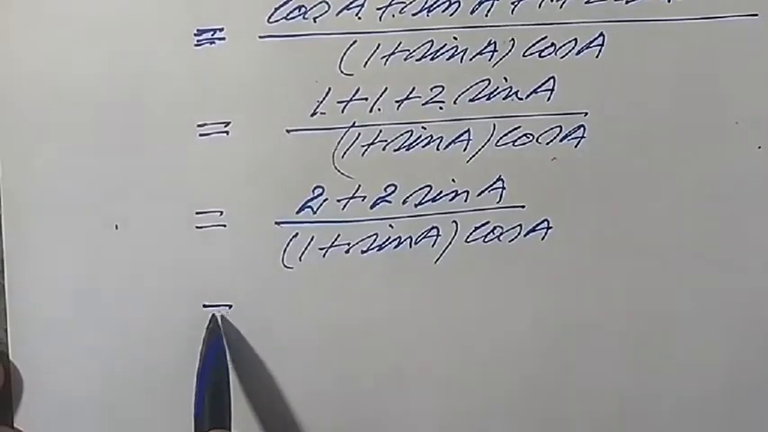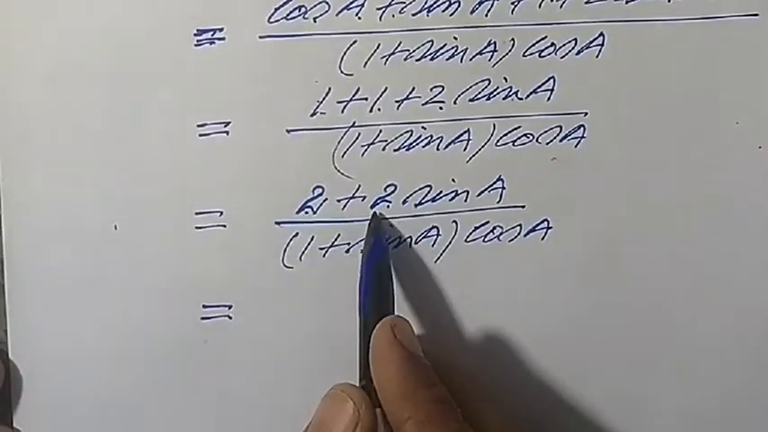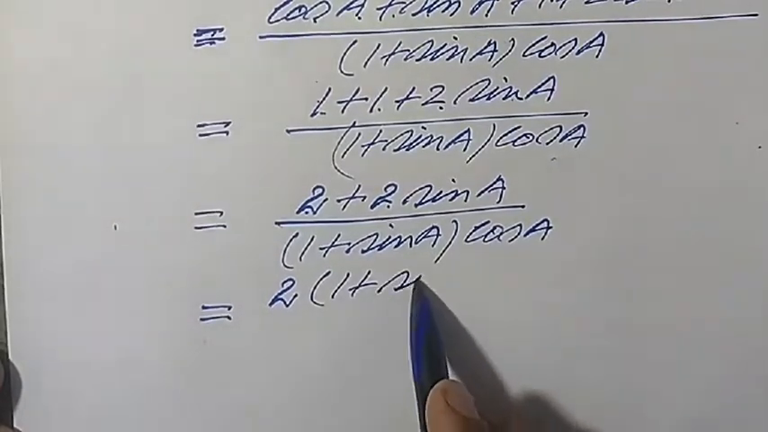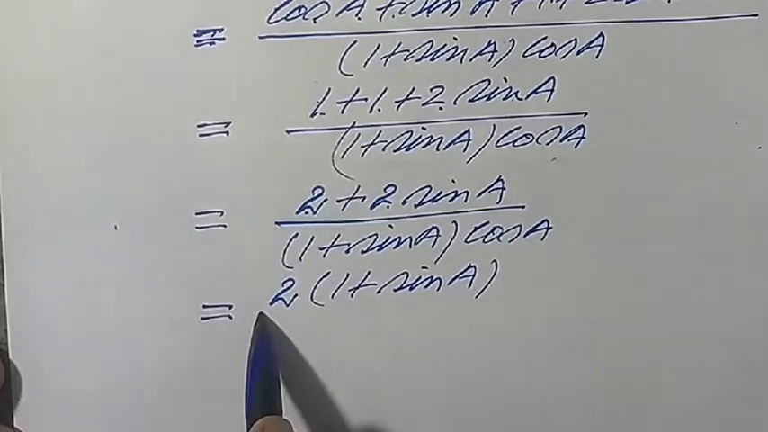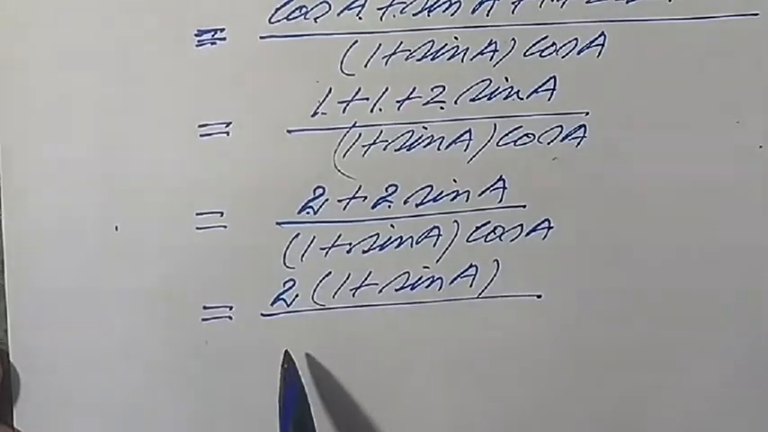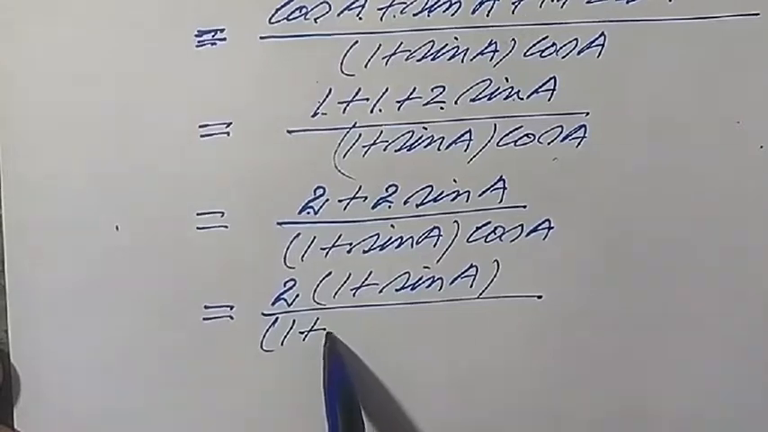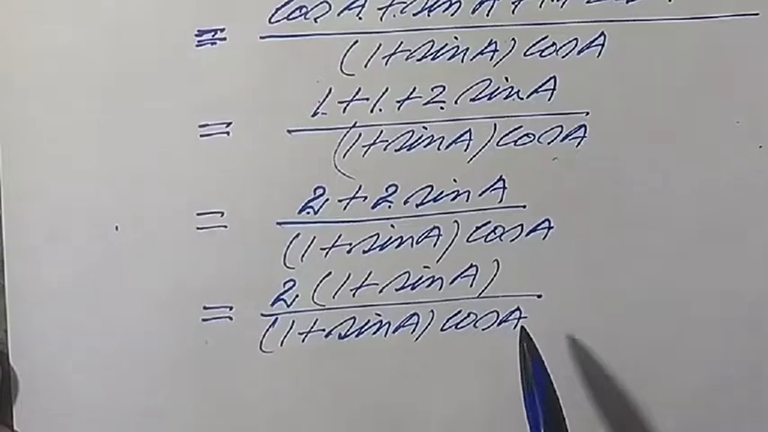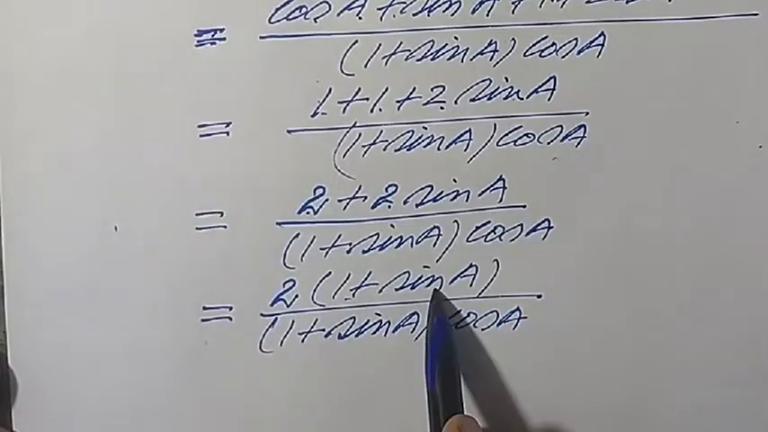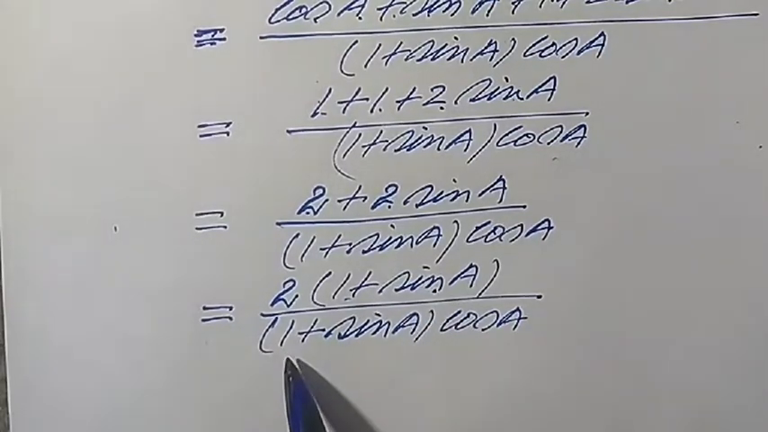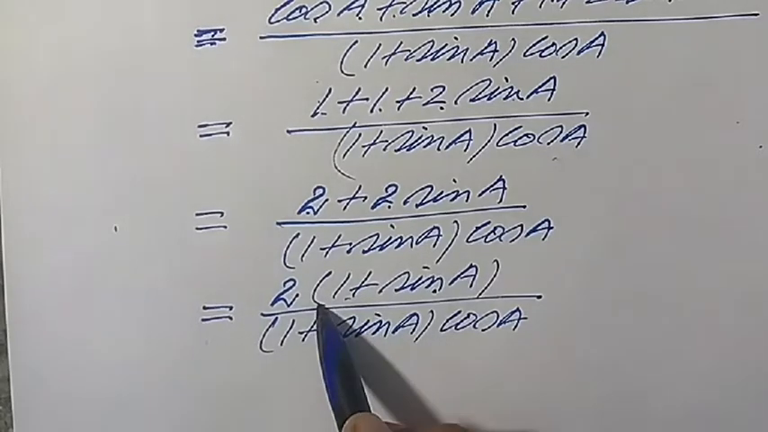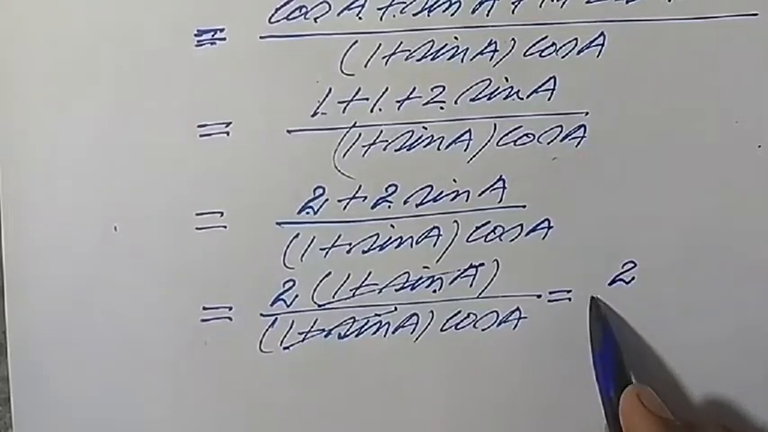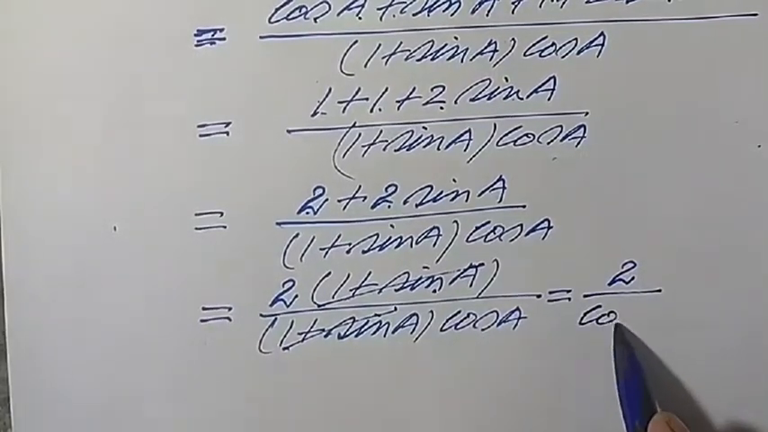Now taking 2 common out of these two terms, we get 2 bracket (1 plus sin A) divided by (1 plus sin A) into cos A. As we observe, 1 plus sin A is in numerator, and in denominator we have the same expression 1 plus sin A. So these two expressions are cancelled with each other, leaving 2 in the numerator and cos A in